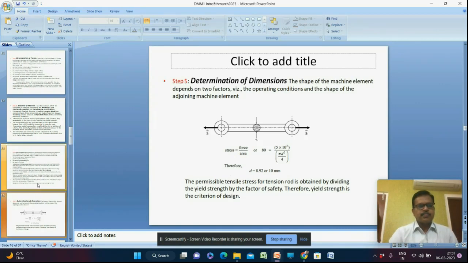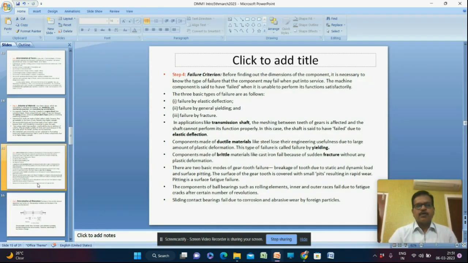Next step, failure criteria. Before finding out the dimensions, it is necessary to know the type of failure the component may fail when it is put into service. The machine component is said to have failed when it is unable to perform its intended function satisfactorily. There might be three basic types of failures. One,